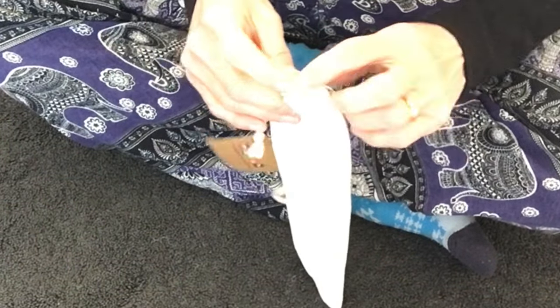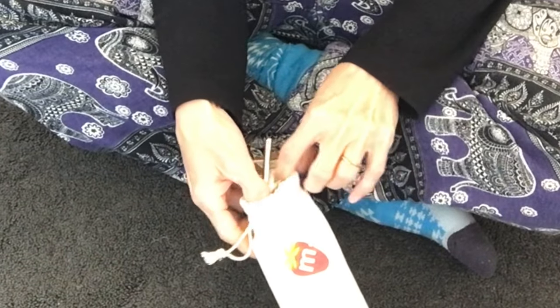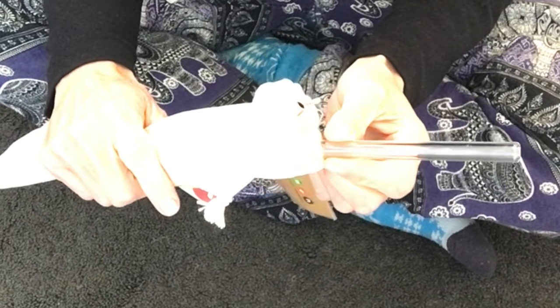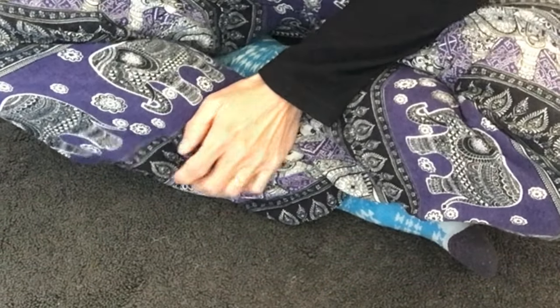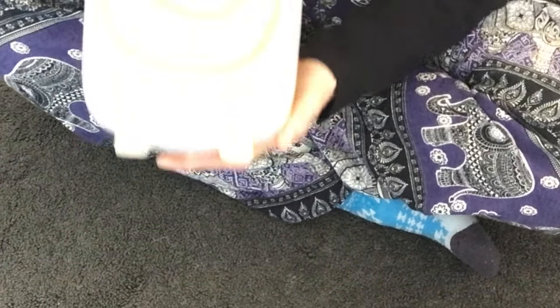There is a bit of cotton there that's coming off, so I would have to chop that off. But it's a cute straw set for reusable straws. There's some metal ones, there's a couple of glass, there's a cleaner. What else is in there? Oh, yeah. And also a glass straw for smoothies and stuff. So I thought that's a cool gift. Sometimes I just see things and I think, oh, that's something I would be happy to give, so I just buy it, regardless of whether or not now's the perfect time to be buying that thing. So I've got those, and I also found this on the same day, that bric-a-brac was, oh,